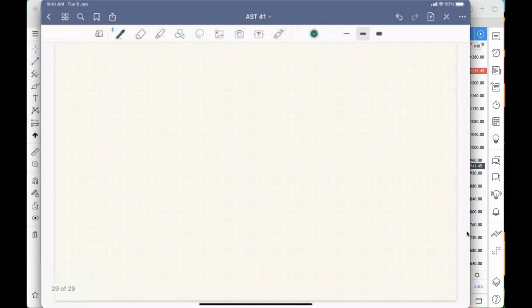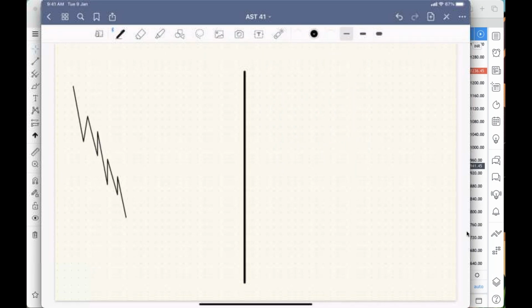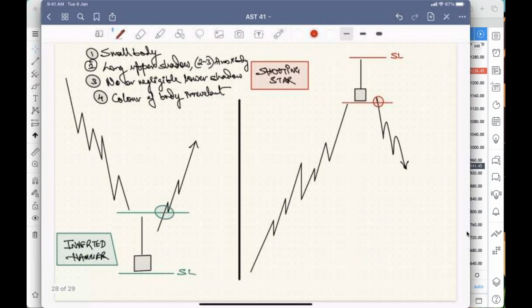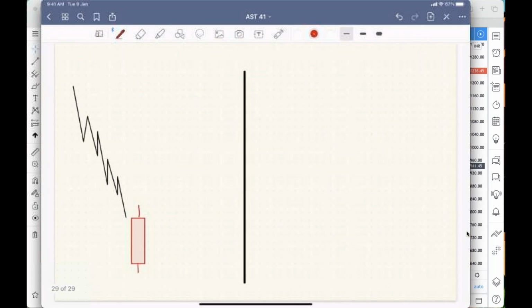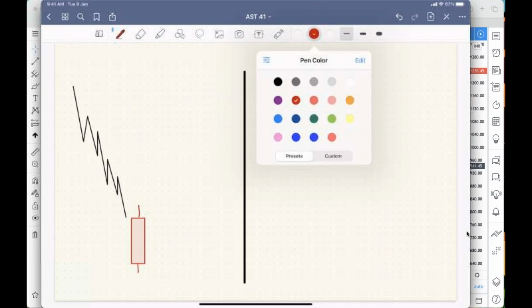Next is also a very interesting and common pattern which you will find on your charts. It's a downtrending market, and day one is negative, meaning the market has fallen along with the trend. Now please note, I have purposely drawn this candlestick red. Earlier I was not using any color because color was irrelevant. It did not matter whether it's green or red. Now it will matter. Now this candlestick has to be red in color, it cannot be green. So it's a falling market,